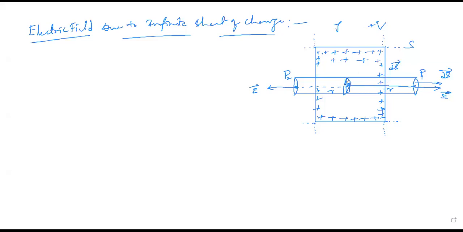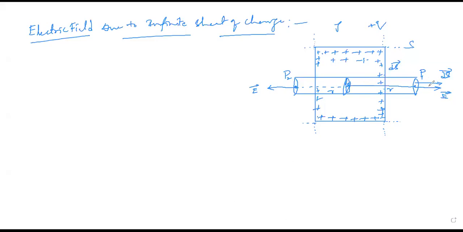So we can't draw that. That's why we are showing a cross-sectional view of that. What I did, a cross-sectional view I am showing. That means this is the back side and this is the front side which is coming out of the screen towards your face. Correct? So that I am showing this.